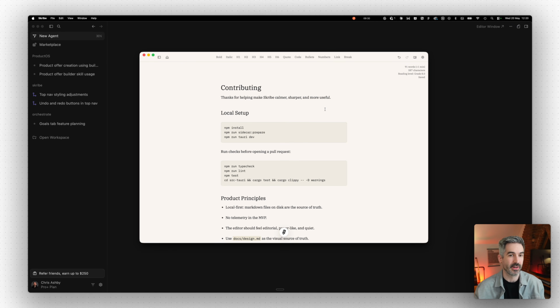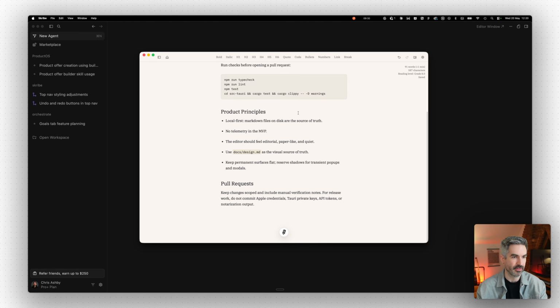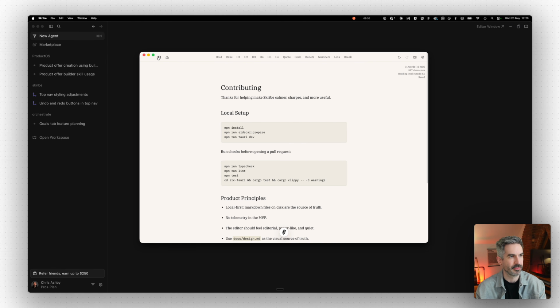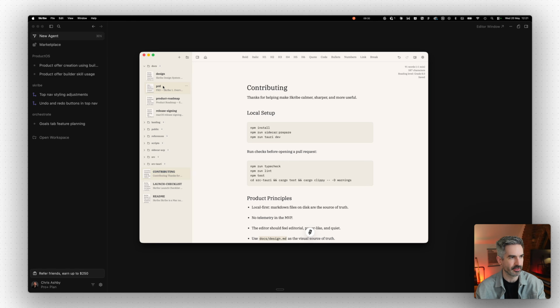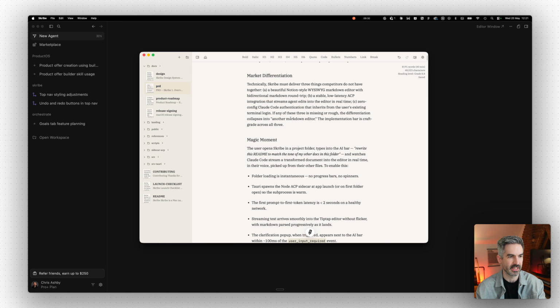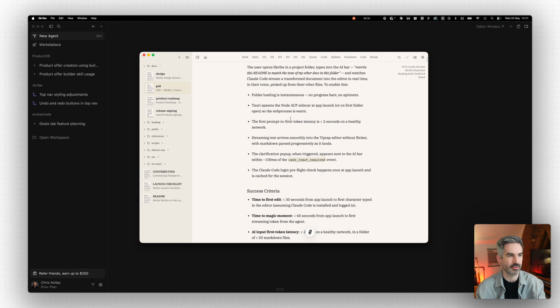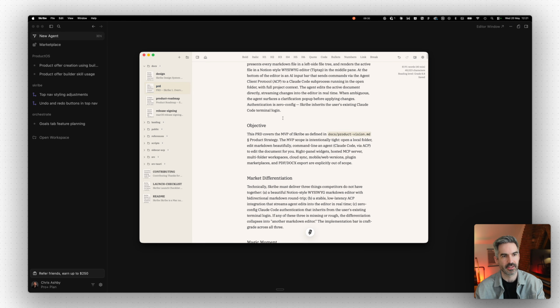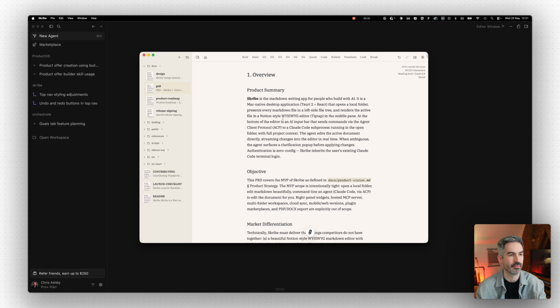I actually just prefer to look at markdown files and edit them in a much nicer view like this. So I created an app to allow you to do that. You can see here, I've got this folder open for this Scribe project that I'm working on. I've got the PRD here. It just makes it a lot easier to read through rather than having to use the IDE to read through